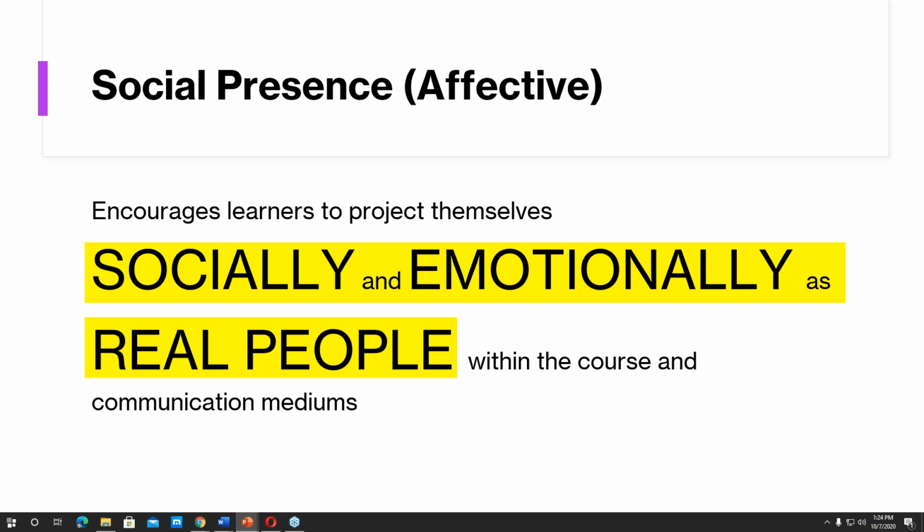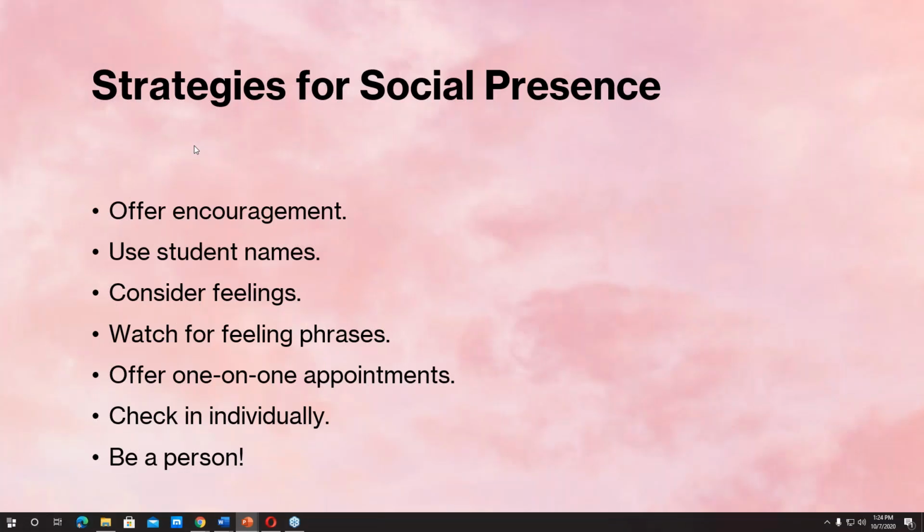So, talking about social presence, affective presence, and some strategies for that. You offer encouragement and use student names. It's interesting, I've known a faculty member who had some challenging students who really didn't want to share or participate. He offered them the ability to create avatars online and make up nicknames for themselves. Of course, he knew who they all were. And what was interesting was